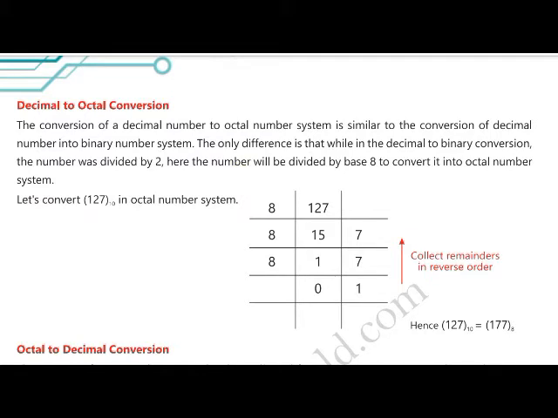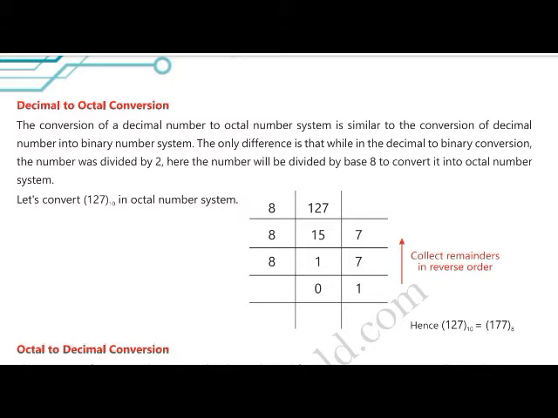Now let's see how to convert a given decimal number to octal. Actually the conversion method or process is similar to binary to decimal conversion or decimal to binary conversion. That means whatever steps we follow to convert a decimal number to binary and binary to decimal, we have to follow the same steps to convert decimal to octal and octal to decimal. But there's one little change. What is that? Instead of 2, here we're going to use number 8,